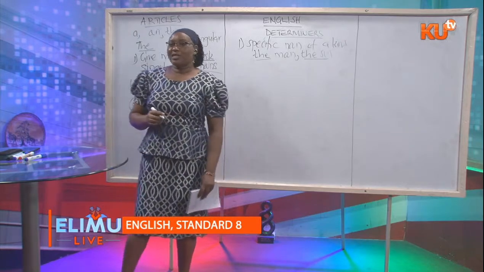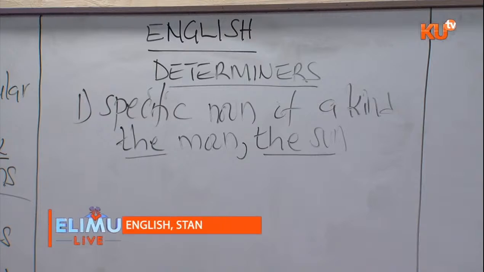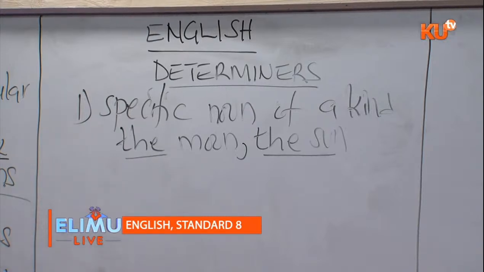We only have one moon, so we only have one sun. So when I say the sun rises in the east, no one will ask which sun, because we only have one sun in the solar system. Our earth only has one moon, so no one will ask which moon, which sun. So it refers to a noun which is the only one of its kind. It can also be used